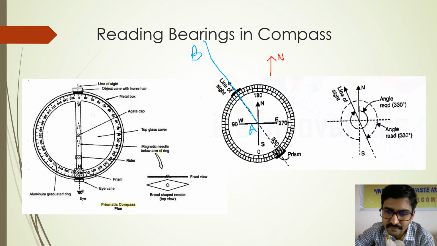So this is line AB, and you have kept your compass on point A, and you have kept one ranging rod on point B, and you have turned the compass so that you sight the object kept on point B, that is the ranging rod. So when you see that particular point, you frame the line of sight along AB. So north is in this direction, line AB is in this direction. So what is the bearing of this line? Bearing of this line means the angle made by the line with the north direction. What is that? So it is this angle, isn't it?